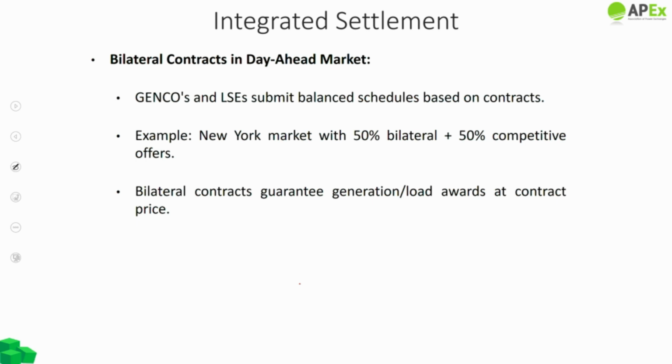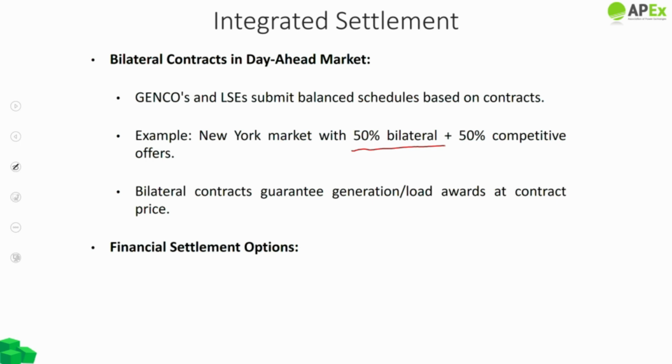One way to integrate bilateral contracts with the day ahead market is to allow the market players to submit their balanced schedules bilaterally agreed. These bilaterally agreed quantities now become part of the day ahead schedule. For example, in the state of New York, almost 50% of the day ahead schedule is fixed by the bilaterally agreed quantities. As these bilateral contracts are agreed at the bilateral prices, not at the day ahead prices,